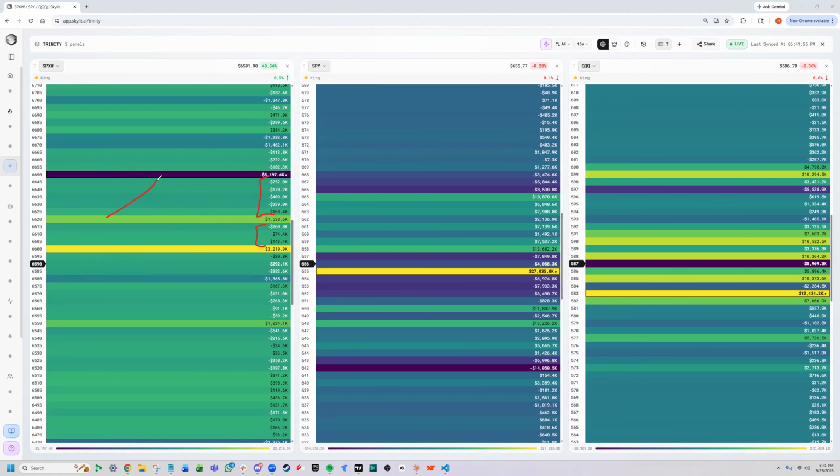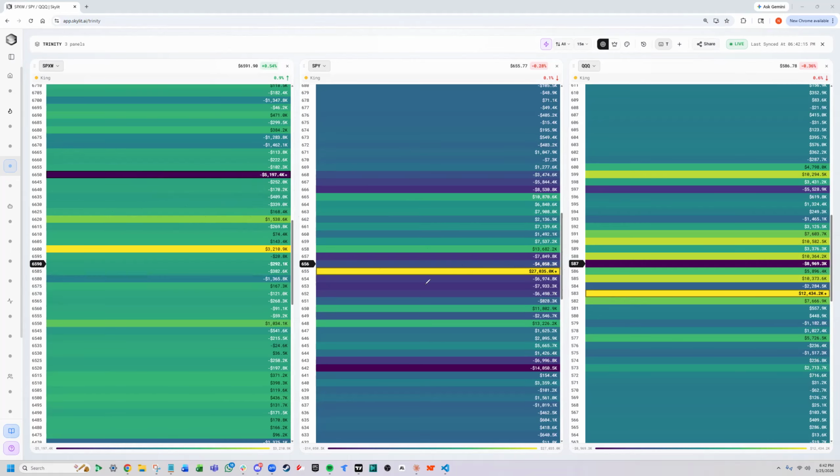So a lot of times price will tend to traverse these zones pretty easily, right? Whether they're positive or negative, if it's low volume, a lot of times price will traverse it. So the positive versus negative has a little influence, which again, I think I'll cover that in a subsequent video. The key point here is whenever I look at a map, I'm often looking at what is the king